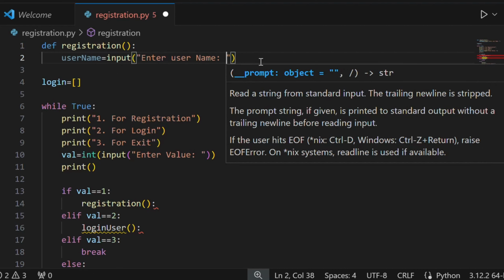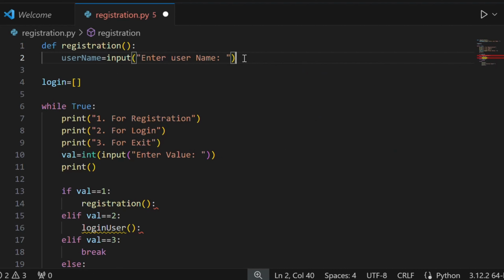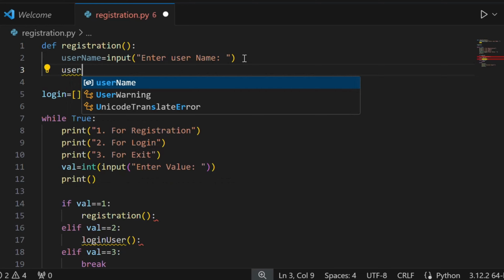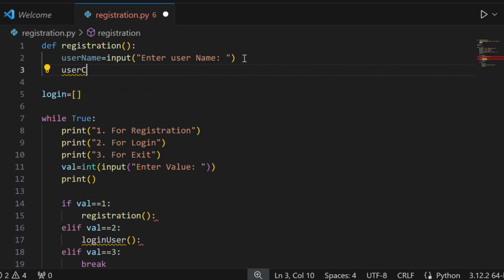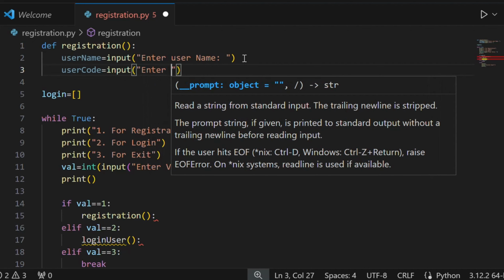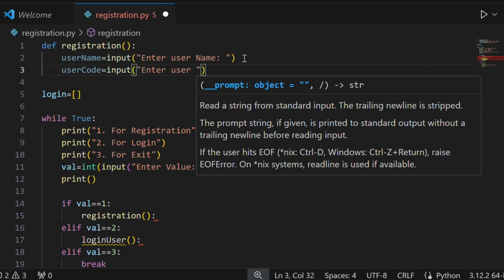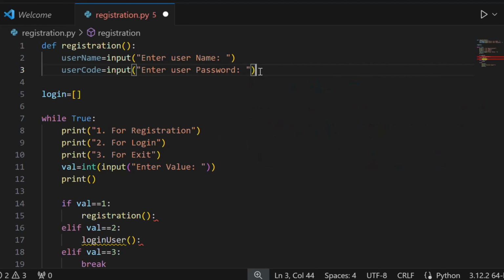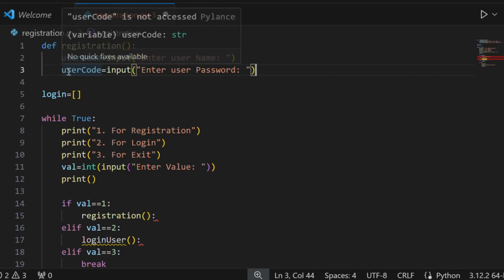Okay, so here the user will enter his or her name, and after it we will get the password. So here I will use user code. Okay, so I will again use this input function, and here I will type the string enter user password. Okay, and then we will get the password of the user, and this password will be stored or saved inside this